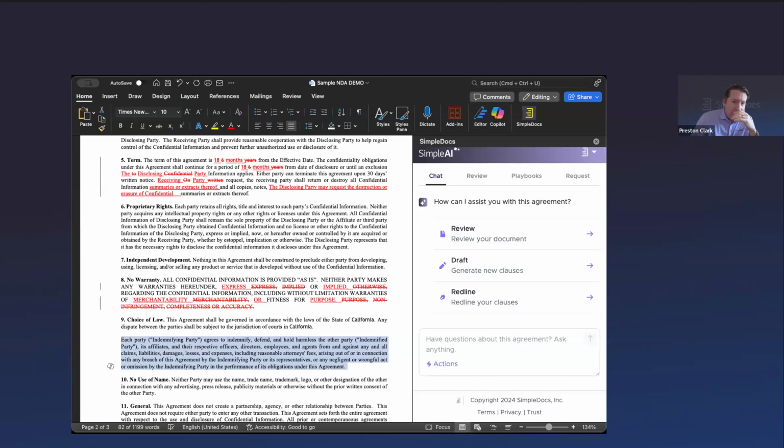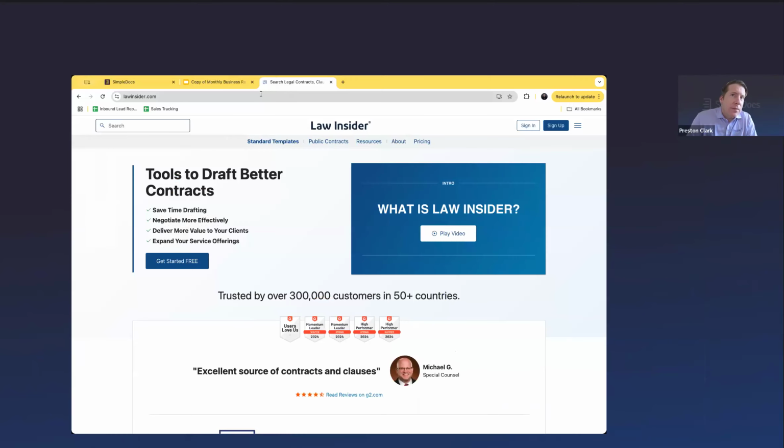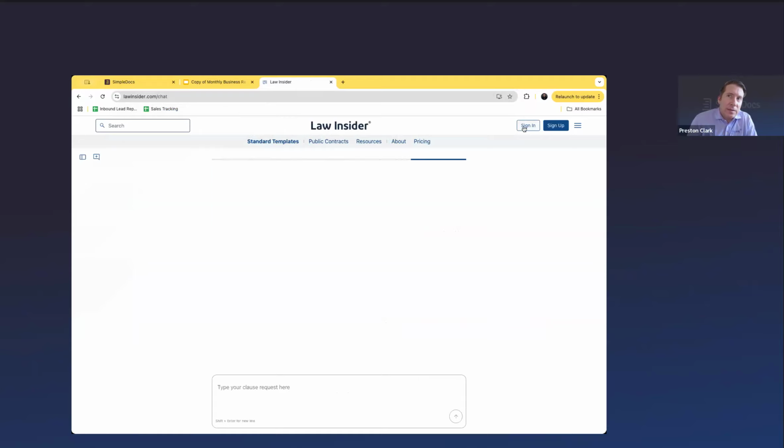What is coming is relevant. Even if you don't care about Law Insider, this is relevant to where Simple AI is going. So I promise this will be a worthwhile detour. When I head over here, I'm going to hit a gate in a second because I'm not logged in, so I'm going to need to log in, one second.